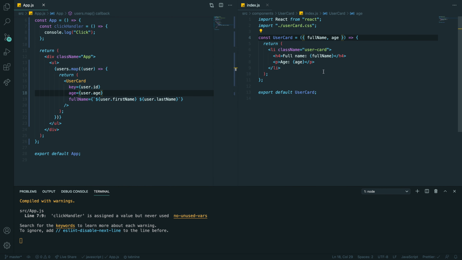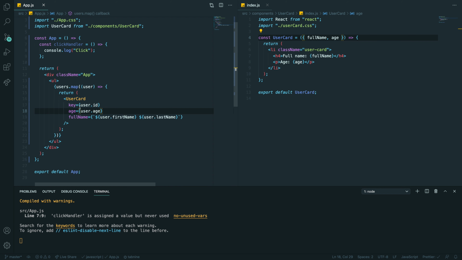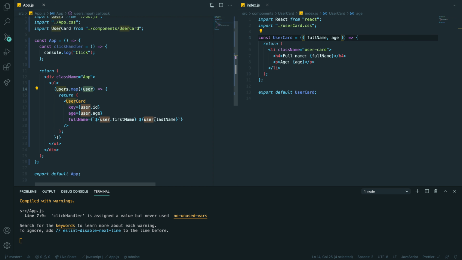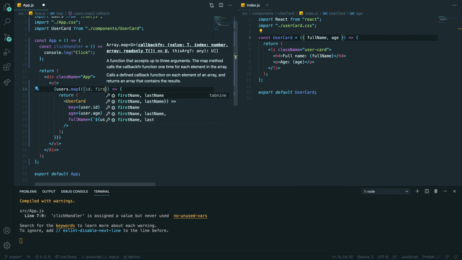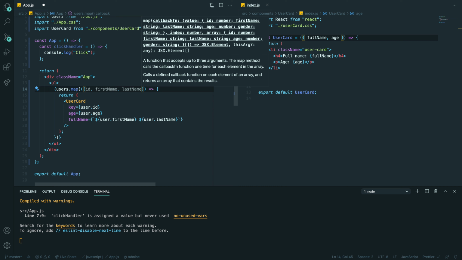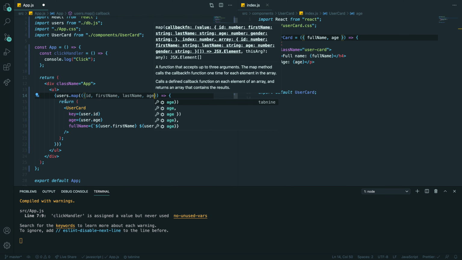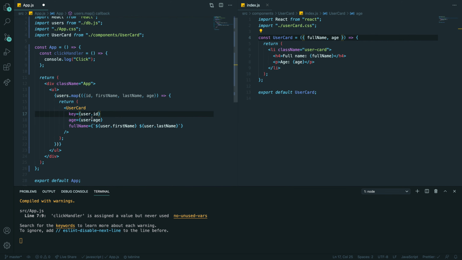So this is how you create a component. And another bit here, again, just to make it cleaner, we have user, user, user, user. Again, we can just destructure, right? We can destructure ID, first name, last name, and age. So now we don't need this, this, this, and this.